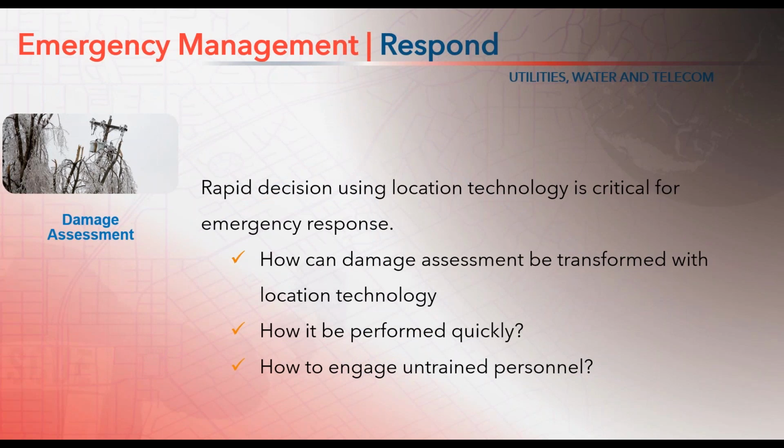Well, I'll never forget a big storm we had on the 4th of July. We had mini tornadoes, gusts exceeding 100 miles an hour, lightning, devastating rain, and coastal flooding. And we had very little warning. Many of the workers were on vacation. It was a mess. We had major outages, tons of damage. We had to engage accountants, secretaries, anybody who could go out in the field and figure out what was going on. And of course, we used paper forms. It took us days to get a full handle on how much work was ahead of us.